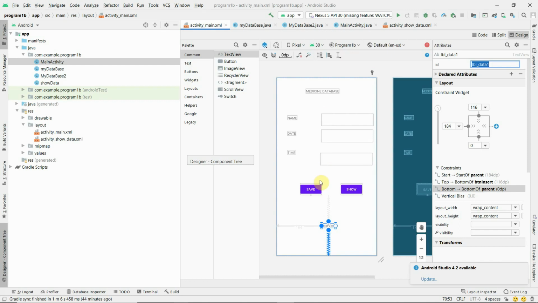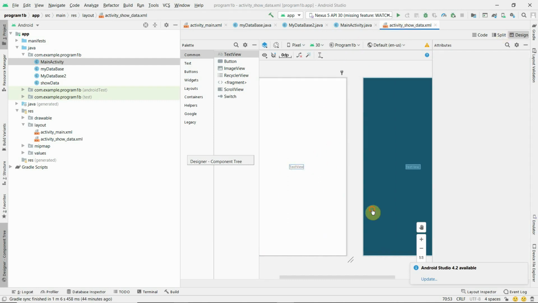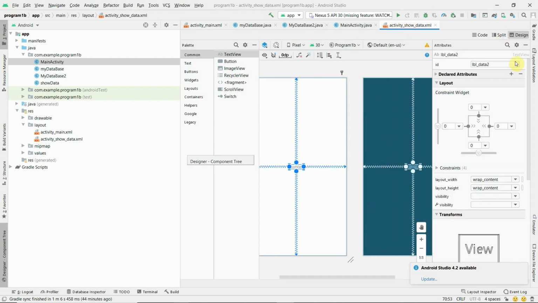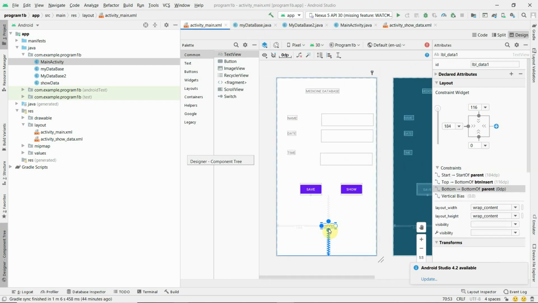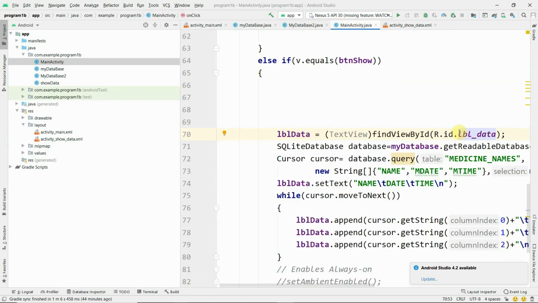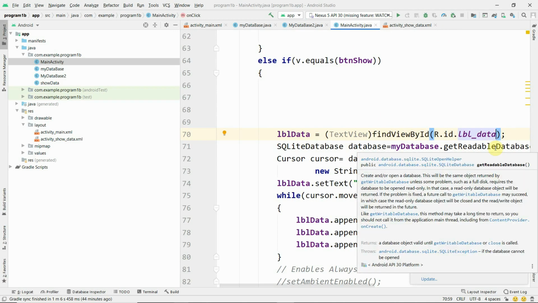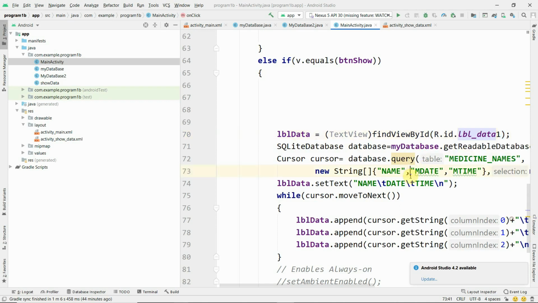Whatever ID is here, that only you have to use, because in show data there is one ID, that's lbl data 2. In main activity, this is lbl data 1. Therefore, in the main activity.java, we have to label lbl data 1. And next, lbl data is mapped to lbl data 1.